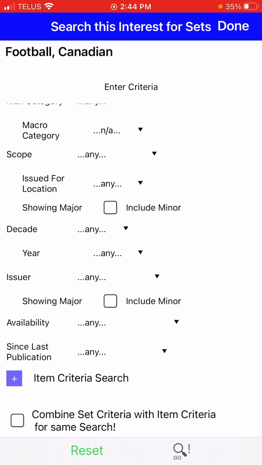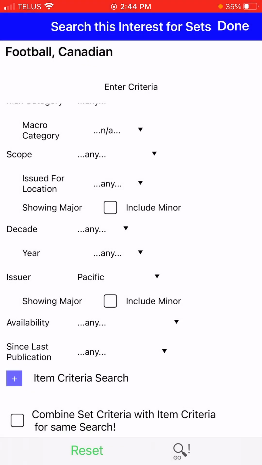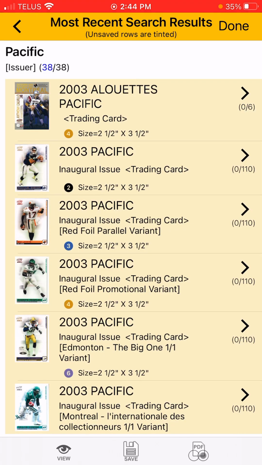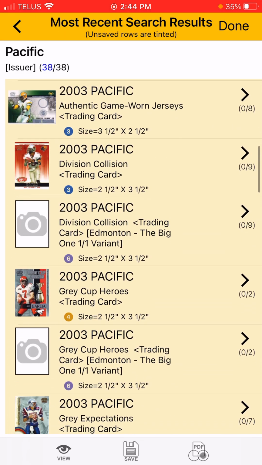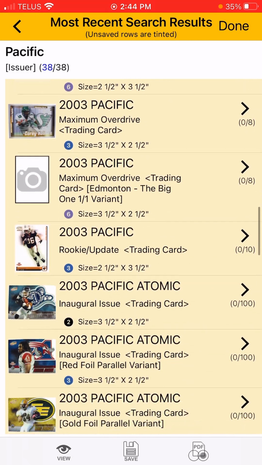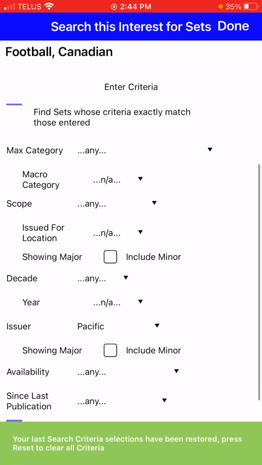If you want to do it by issuer, for example, you could look here and say, well, okay, show me everything that the Pacific Company issued. Those, of course, were more modern, so that's in the 2000s. There's all the Pacific sets there. A couple that we're missing some images from because those are some hard to get one-of-ones. If I wanted to do that same search on a more obscure issuer,